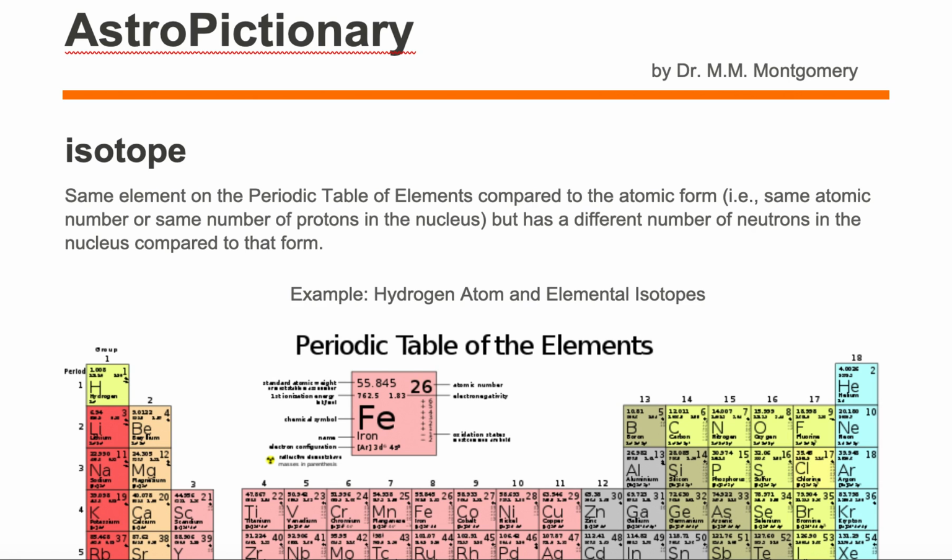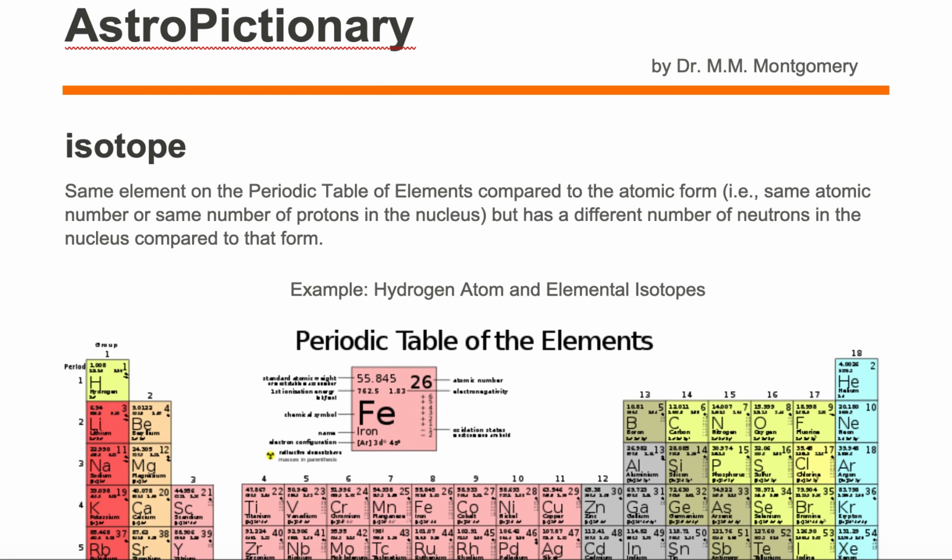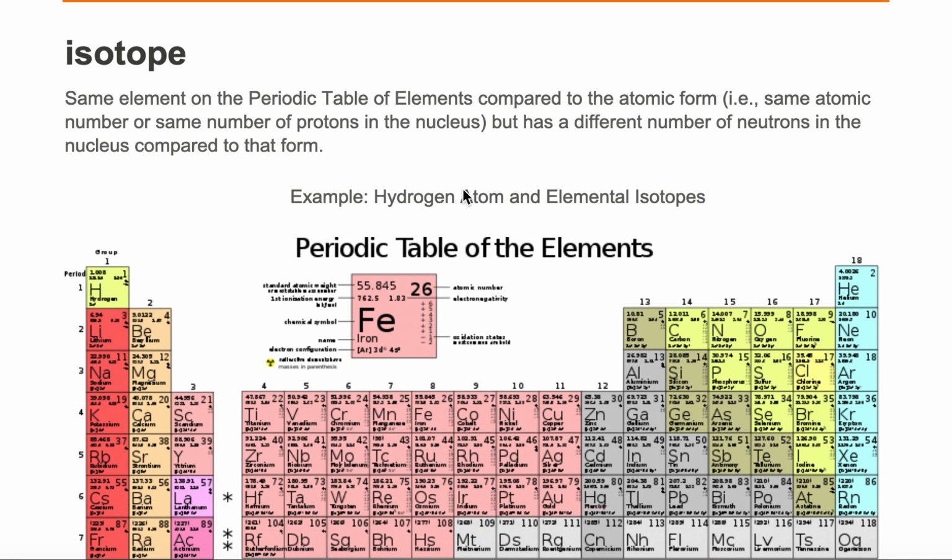An isotope is the same element on the periodic table of elements compared to the atomic form, i.e. the same atomic number or the same number of protons in the nucleus, but has a different number of neutrons in the nucleus compared to that form. Let's look at an isotope, and we're going to specifically focus on